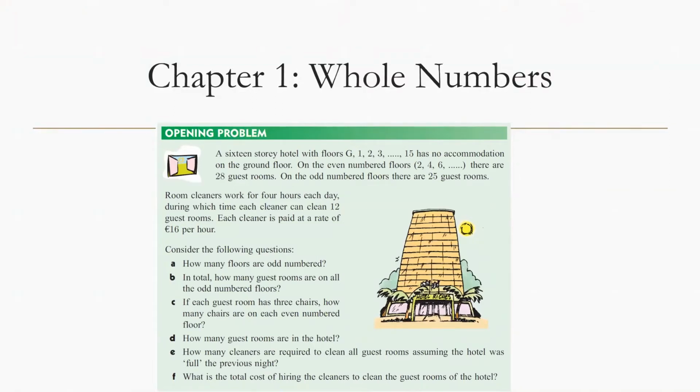Consider the following questions. How many floors are odd-numbered? In total, how many guest rooms are on all the odd-numbered floors? If each guest room has 3 chairs, how many chairs are on each even-numbered floor? How many guest rooms are in the hotel? How many cleaners are required to clean all guest rooms, assuming the hotel was full the previous night? What is the total cost of hiring the cleaners to clean the guest rooms of the hotel? Great, thank you,